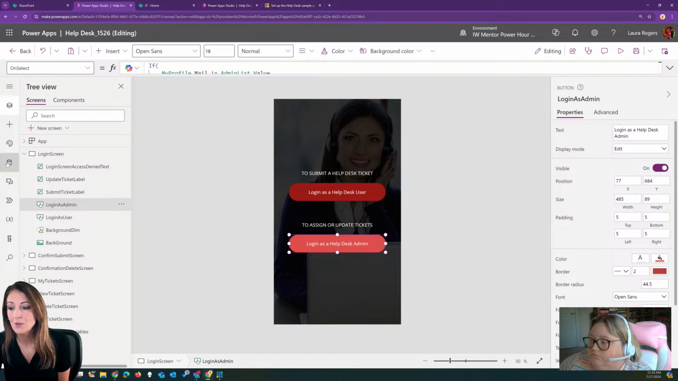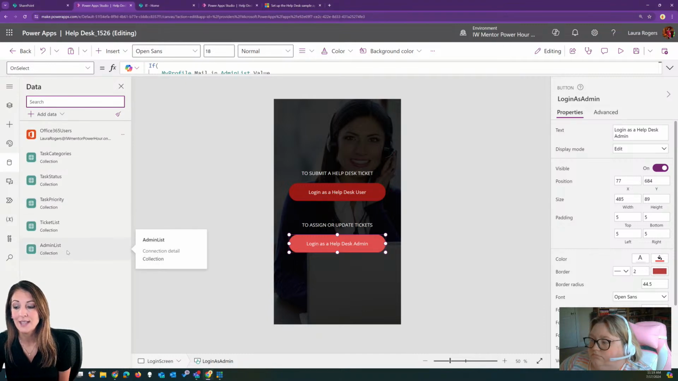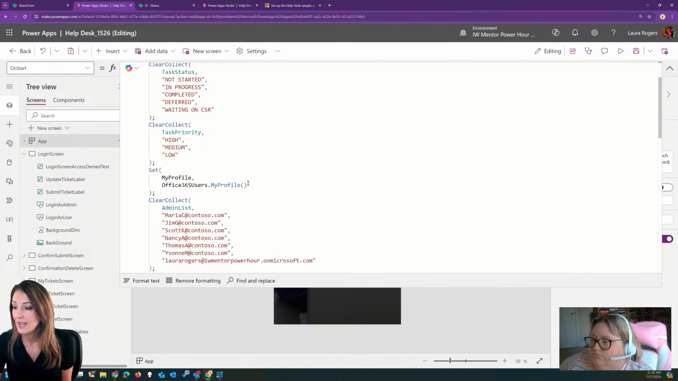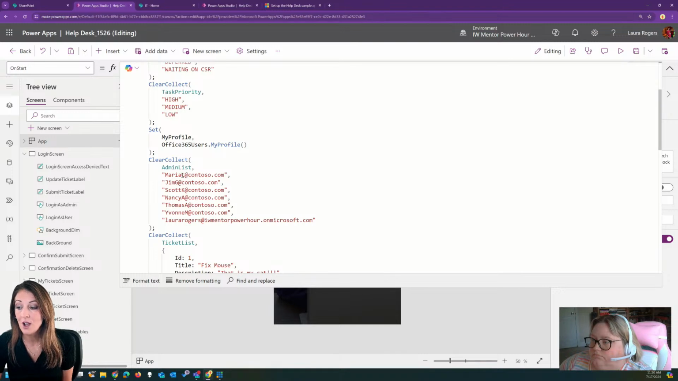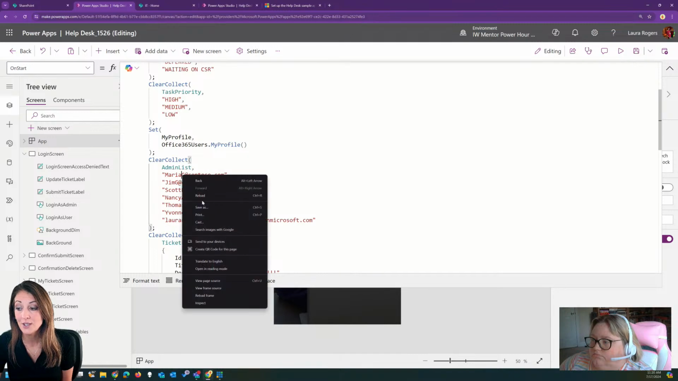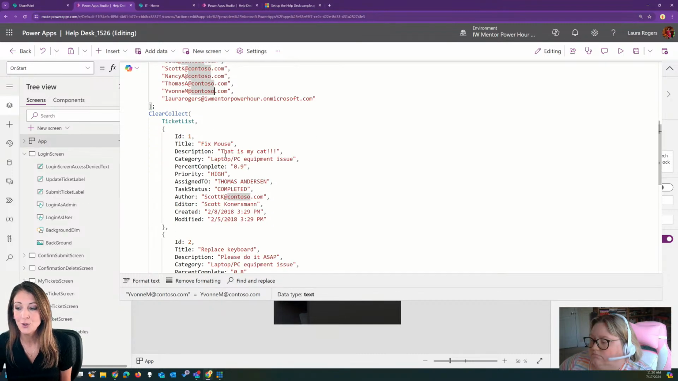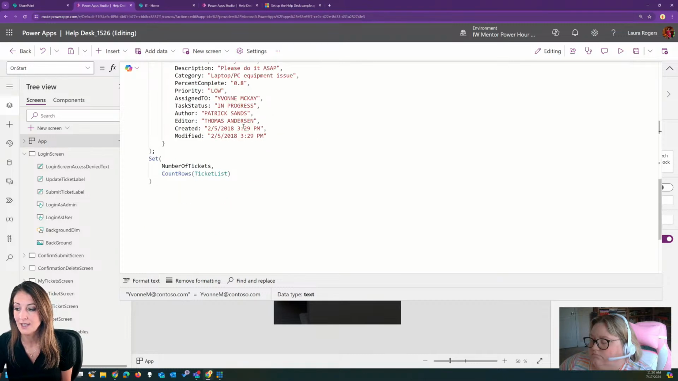So I'm going to go to, I can see that this is that collection that it creates. So admin list, when it gets created, when I go to the on start here, it is just one column. It is just email addresses, and that's all. So it's just a wall of email addresses. So that's what it's collecting, and that's what it's creating just when the app opens. And then, so it's called admin list, and then it's collecting these 2 temporary little test tickets, and then